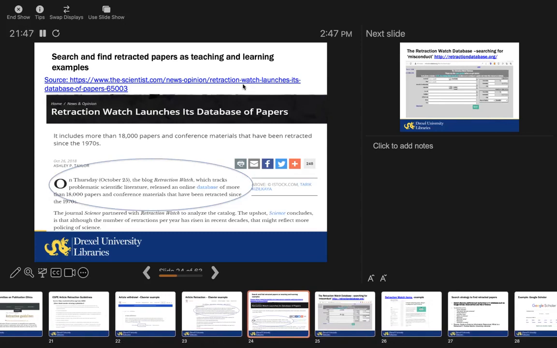In 2018, this Retraction Watch database was launched. And you might want to explore that. At that time, even six years back, it had a database of more than 18,000 papers that have been retracted. And that number is growing every day. So you have thousands of universities all over the world, a lot of researchers publishing papers, a lot of students wanting to publish and fighting because of tenureship and competition, and they rely on unethical means, and they're caught.